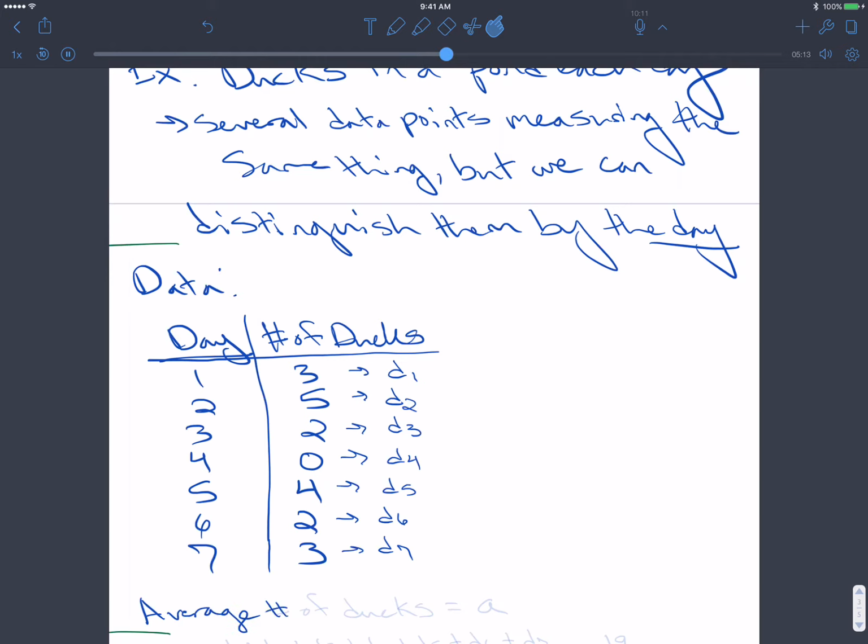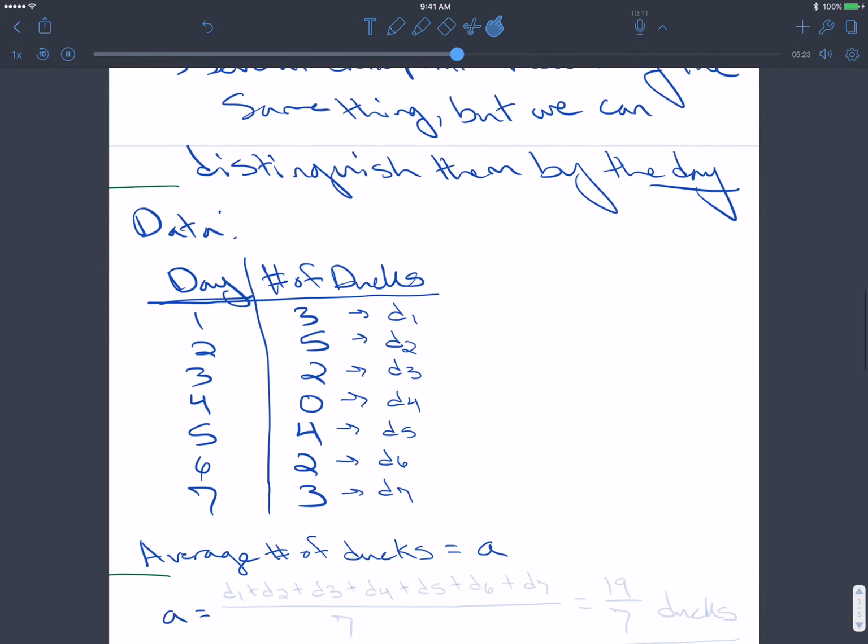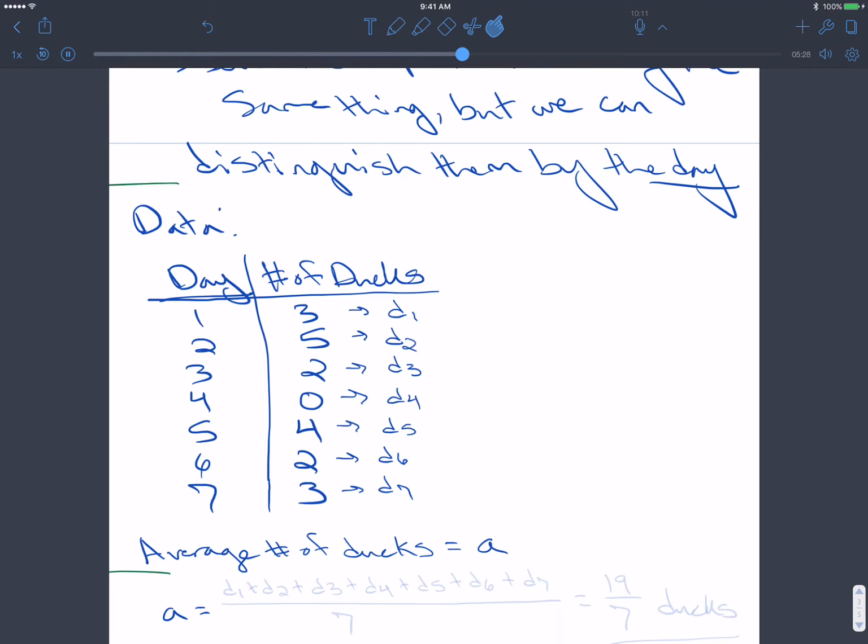So average number of ducks, we will call that A. Then A can be constructed using the variable names that I've defined for the data points that we do have, which is really just going to be the number of ducks each day added up and then divided by the number of days, right? We did average